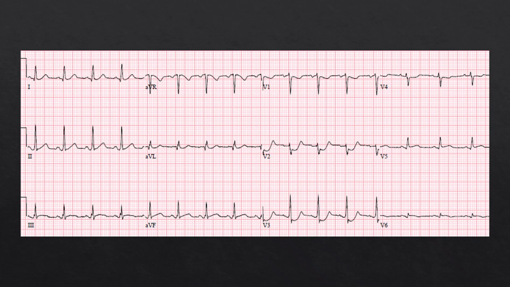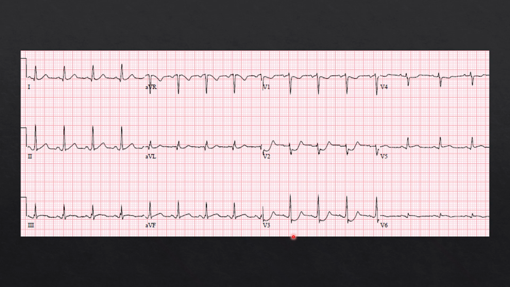So here's a good example. We look at this ECG. Let's say they have a good classic ACS presentation, and we see a problem. We have ST depression in lead V2 and lead V3. So this patient went on to have an occlusion of their posterior descending artery, which is a major branch of